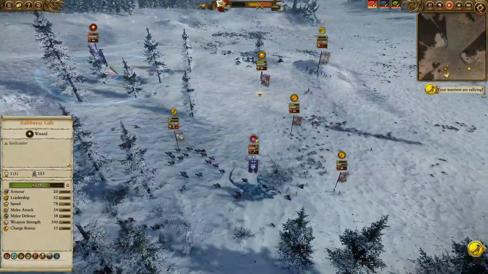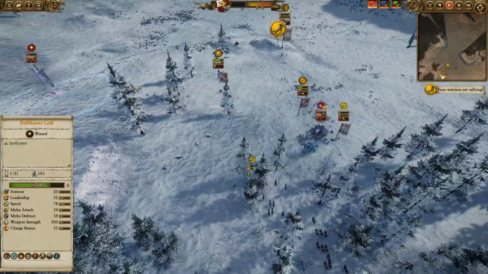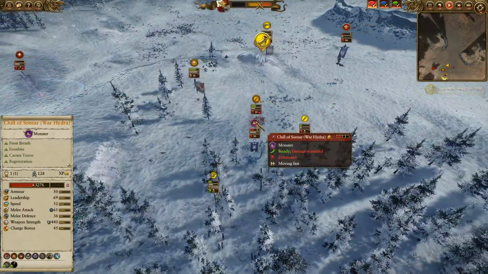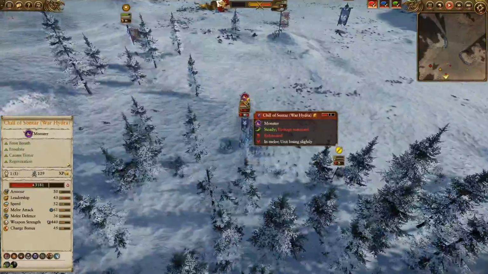The other unit is able to get away, and you can see over here the Supreme Sorceress does get hit by, in just a moment's time, the final transmutation spell there from Balthazar Gelt, so causing a touch of damage over there, hoping to take care of enemy leadership. As you can see, the War Hydra over here is starting to reduce its leadership a little bit. It's dropping to about 25 to 50% depending on the situation,